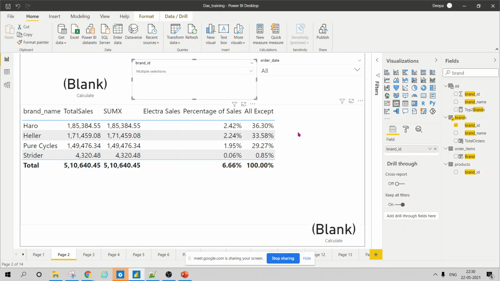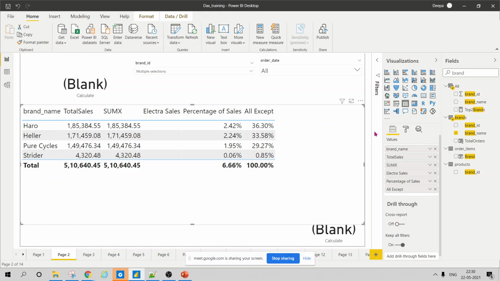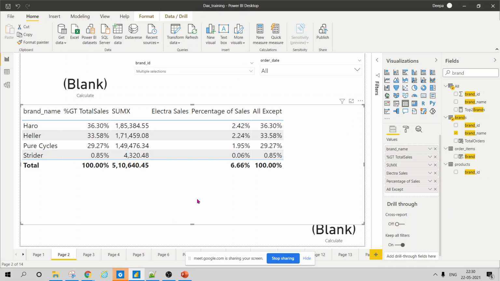So for that we have the ALLEXCEPT function, when you are trying to do a filter on another column. Here the filter is on brand name. Previously, what you were doing is, you were doing it on the sales column. You would have said, I'm trying to do a total sales filter and calculate this.